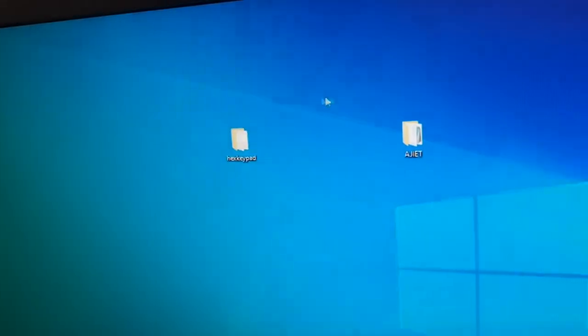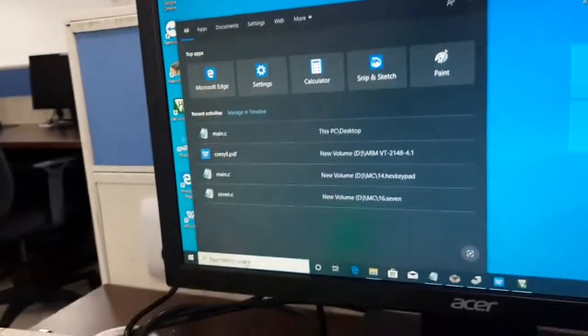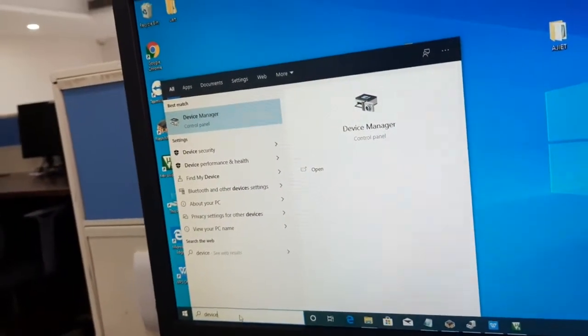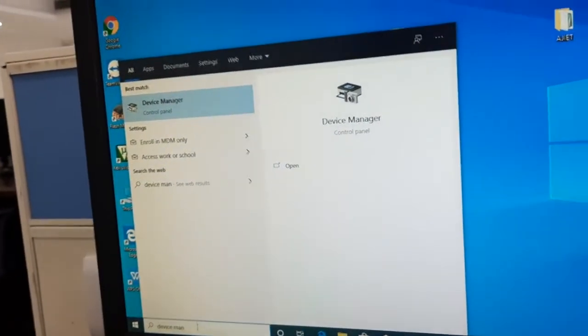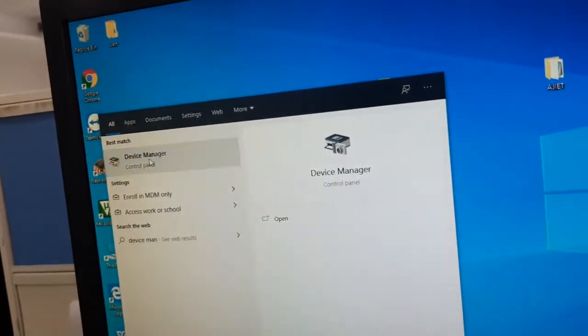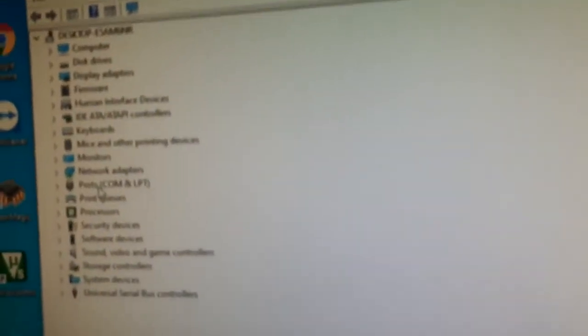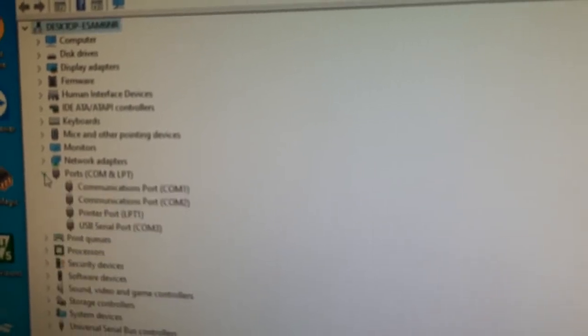So just go to your device manager. You will get that option here, device manager. Now here we have a lot of options. In that you have to go to ports. Here click on port.